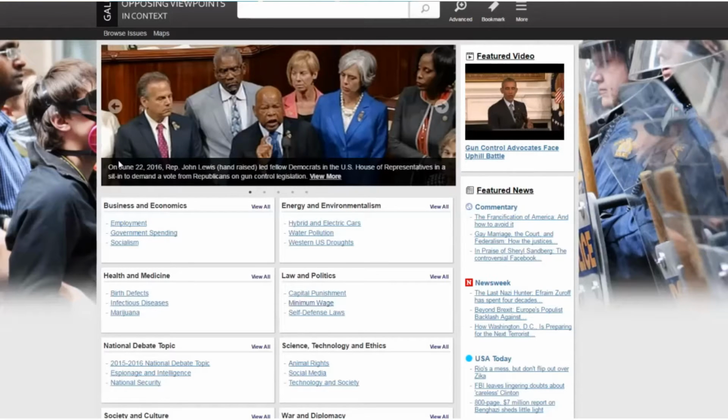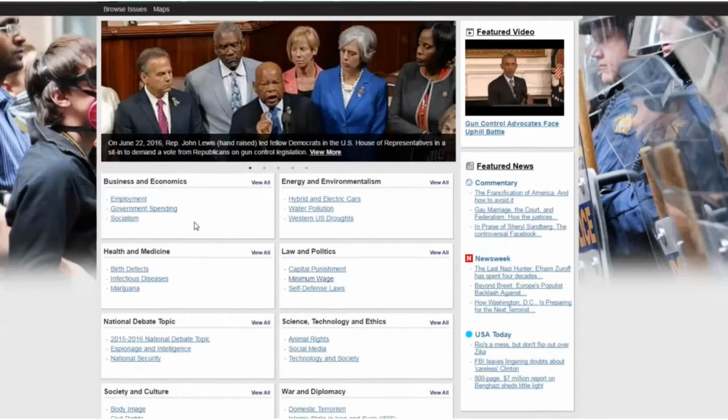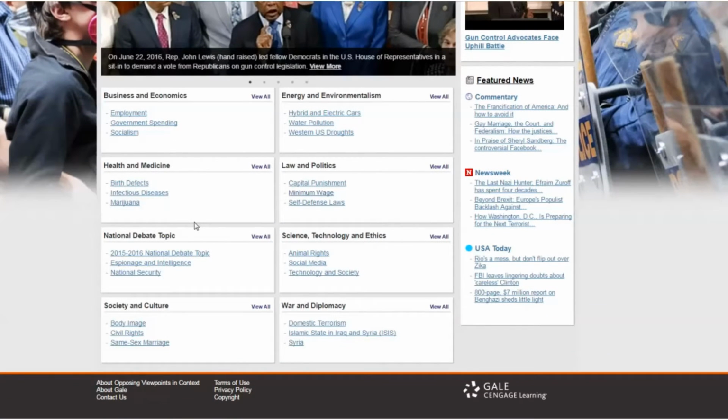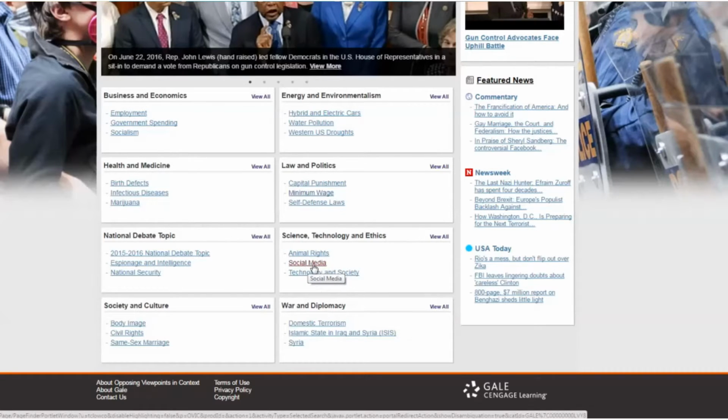So, one of the ways is to just scan this group of general categories here that are more current topics. For example, one of the things that you did for your critical analysis essay was social media, which you would find a lot of arguments, a lot of opinions about. One of the topics on the list for the English 101 final research paper is minimum wage. So you could just simply click on that,